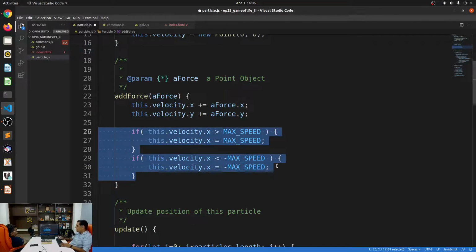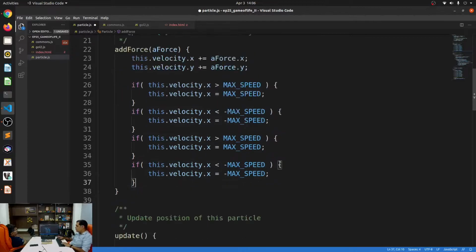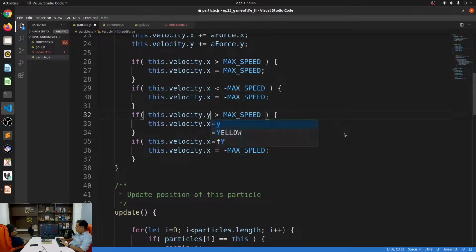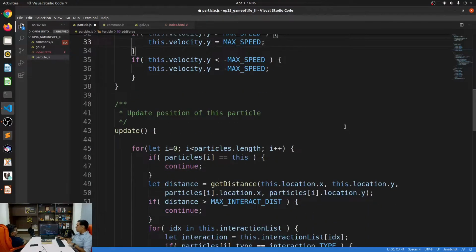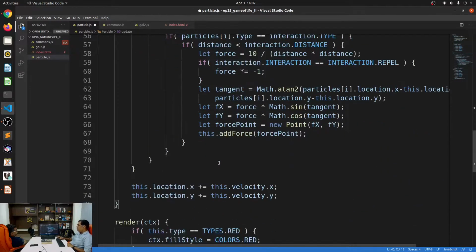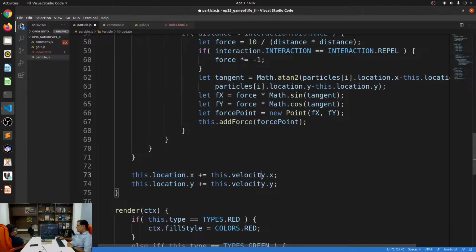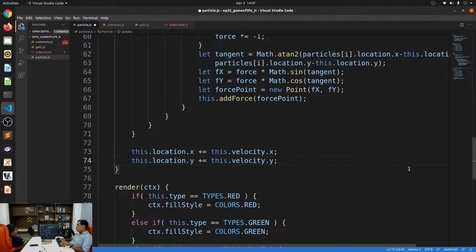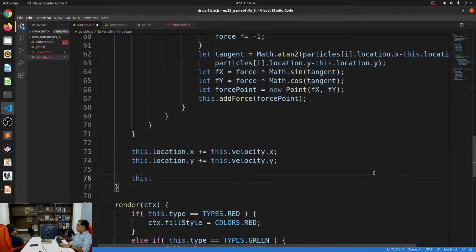All right. So we'll check for the max speed at y as well. All I have to do is change all of these values to y. So I have y and I have y. So now I have the max speeds already defined. All right, perfect. So this works perfectly. All right, so I have the update. I am adding to the location, and then there is a velocity. And velocity, I will also have to sort of give them.